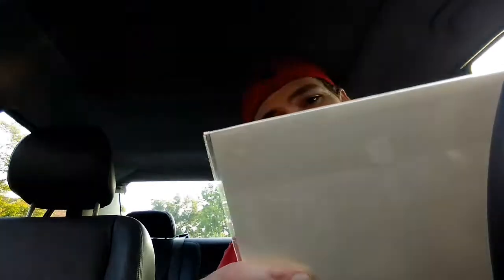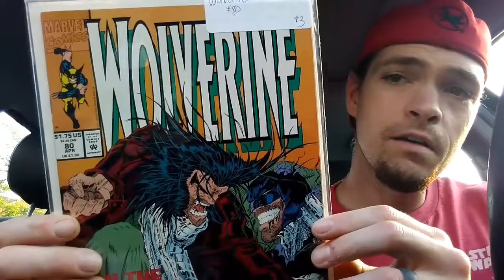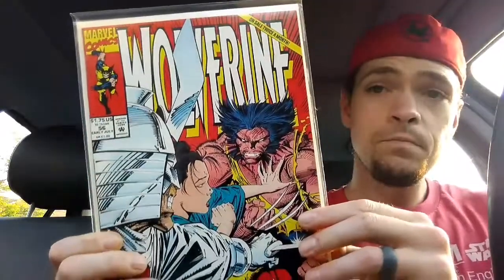And then this one I picked up. It costs a little more than the rest of them, but this one is an issue with Cyber. This is Wolverine number 80. I just always thought Cyber was kind of a lame character in terms of what he can do, but he always seemed a pretty good enemy for Wolverine. So, all right, then we also have Wolverine number 56,